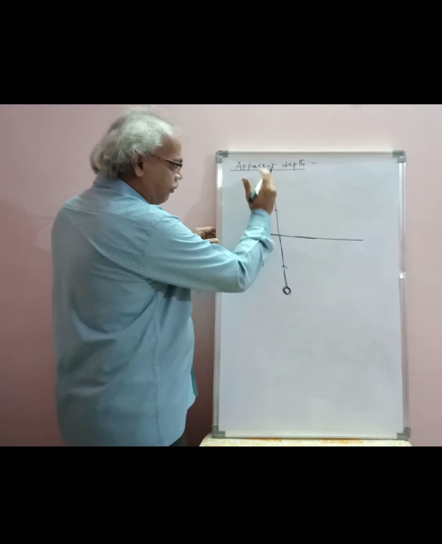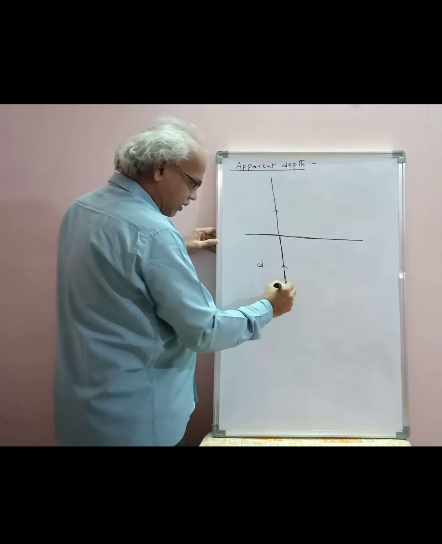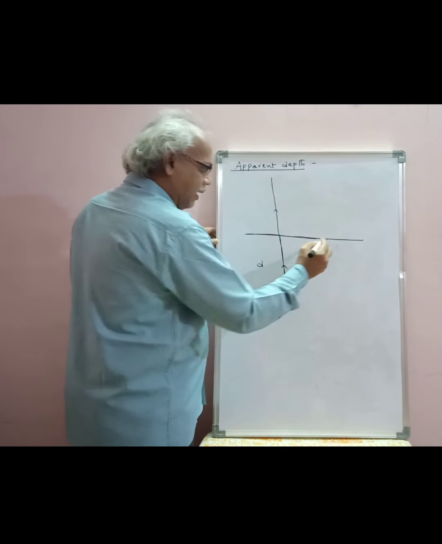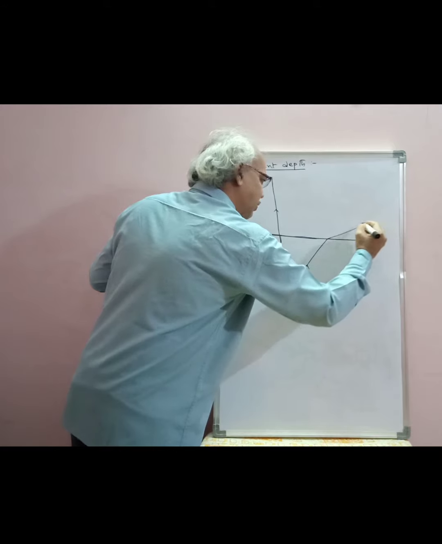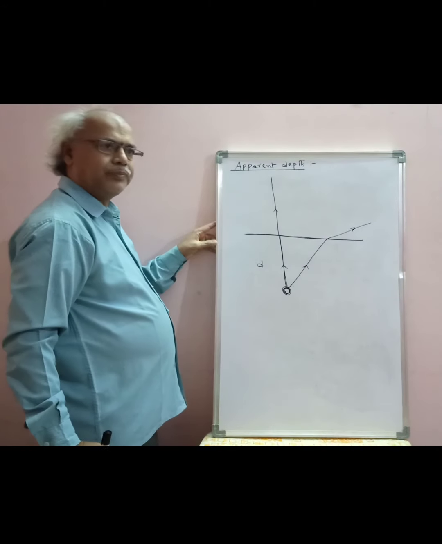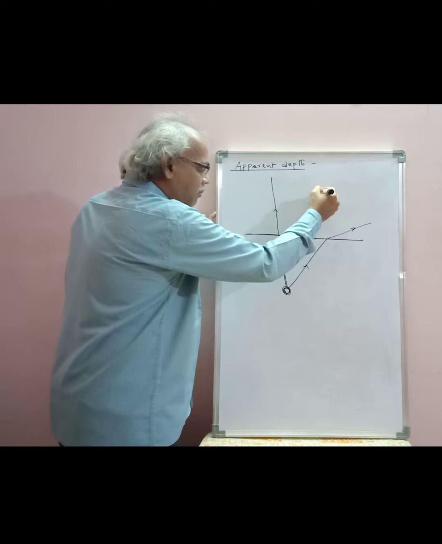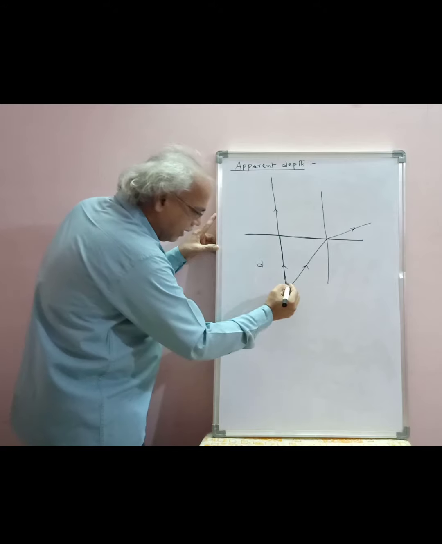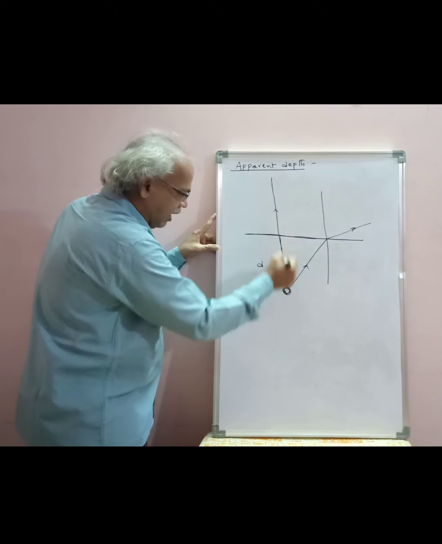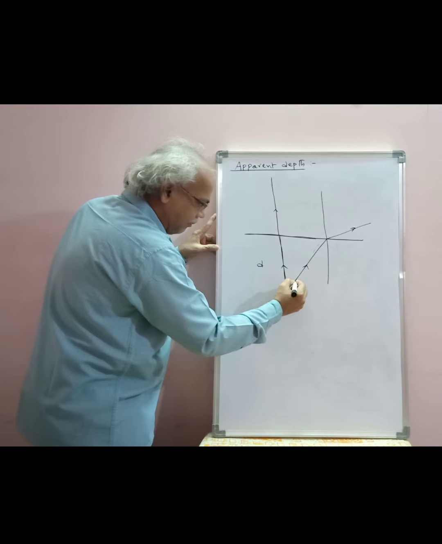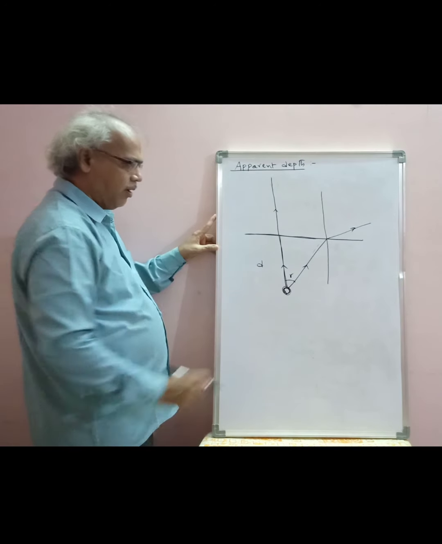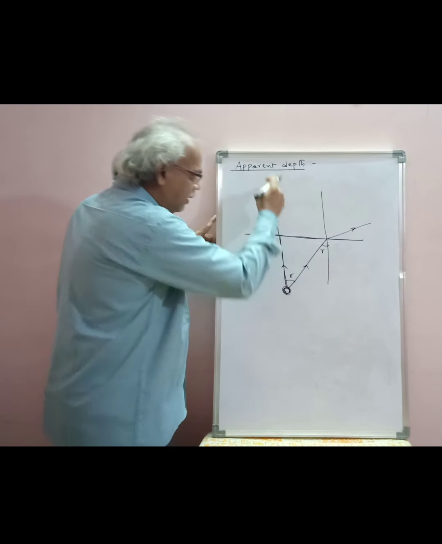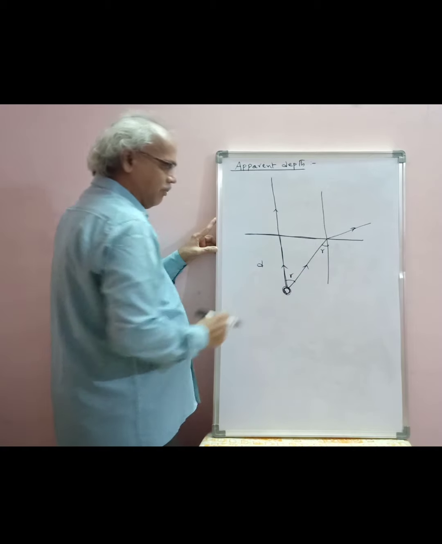Suppose we move away from this normal, what happens? The ray of light coming from this object refracts into air. If you draw a normal here, the angle between this normal and this ray is the angle of refraction, R. Here also it will be the angle of refraction, because both will be the same.